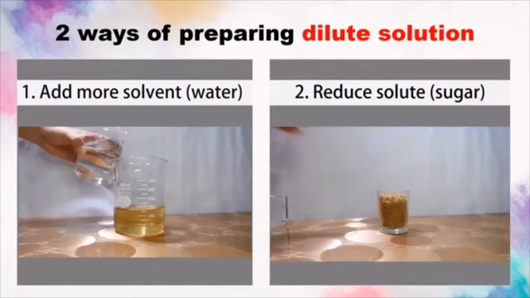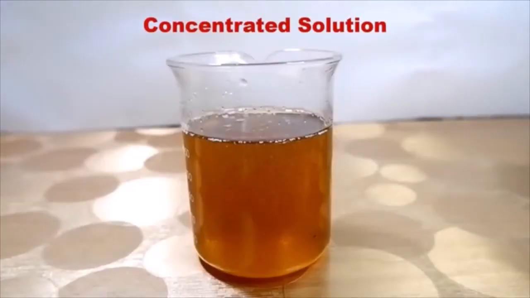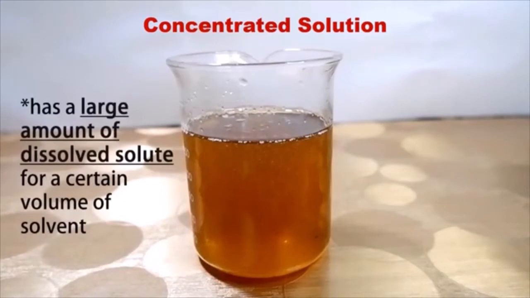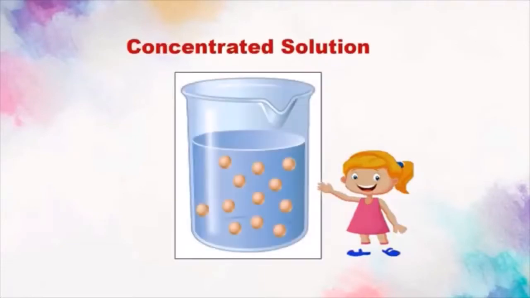Now, let us proceed to concentrated solution. Concentrated solution has a large amount of dissolved solute for a certain volume of solvent. The color of concentrated solution is darker compared to the color of dilute solution. Looking closely at the particles of concentrated solution, the components which are represented by the orange circle are the particles